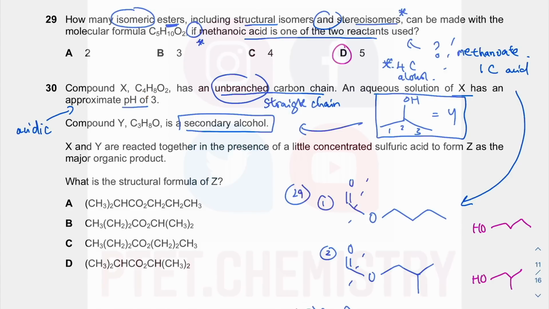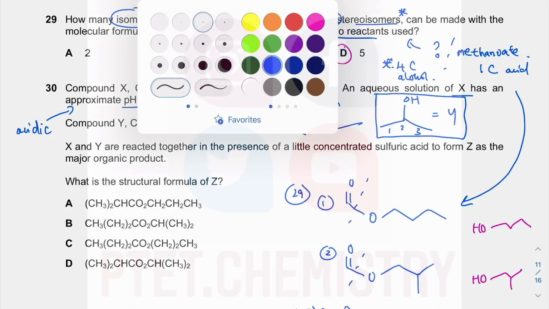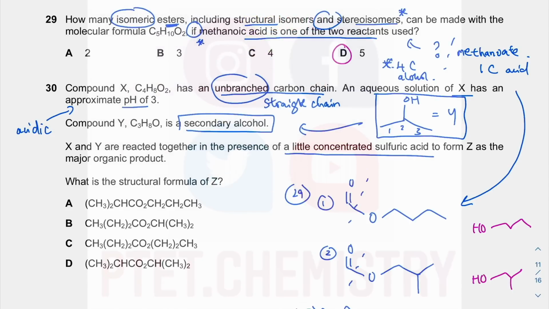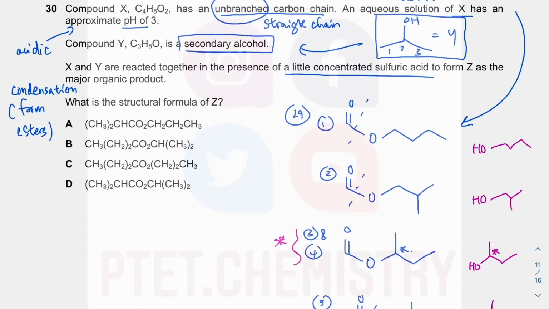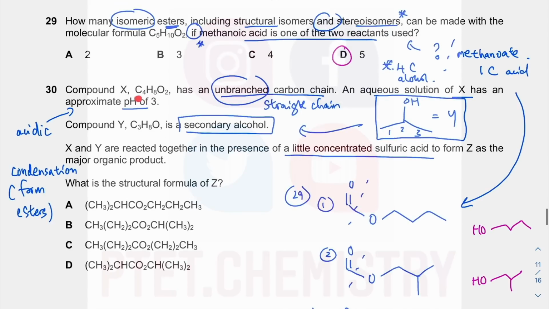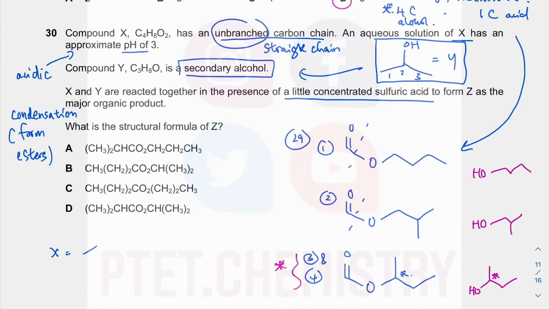And we have a carboxylic acid and an alcohol and a little conc. sulfuric acid. That tells us that we are doing a condensation reaction because we are forming esters. The type of reaction is called condensation. It's covered in introductory organic chemistry. Hang on. It's a 4 carbon carboxylic acid and it's unbranched. So we are looking at X being a straight chain acid. 1, 2, 3, 4. And your Y is